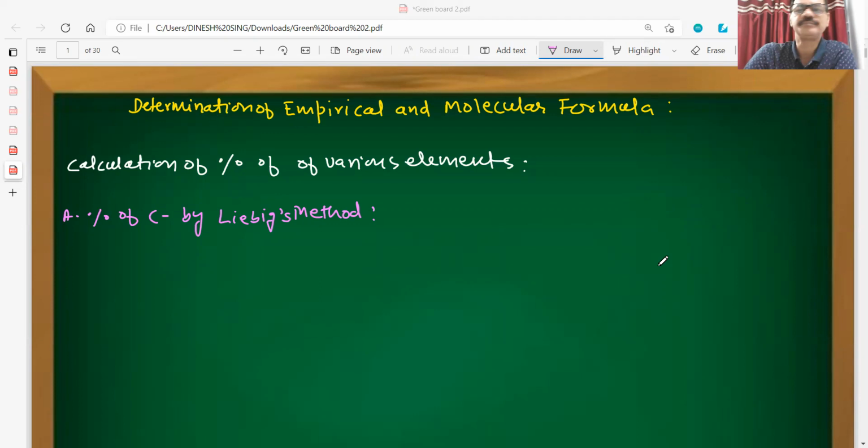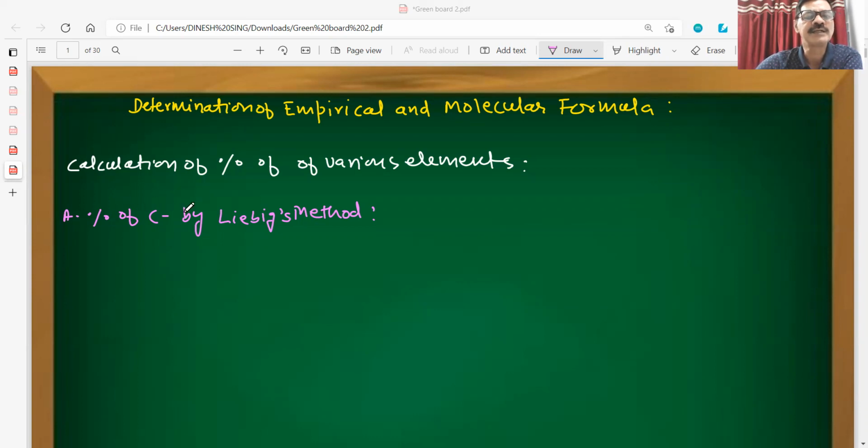Dear students, today we are going to discuss the determination of empirical and molecular formula. In some problems, they can give the percentage of various elements, and by using that percentage, we can determine the empirical formula. And if molecular weight is given, we can also determine the molecular formula of that compound. So, generally for the organic compounds,